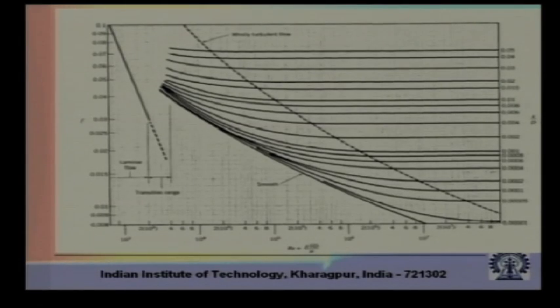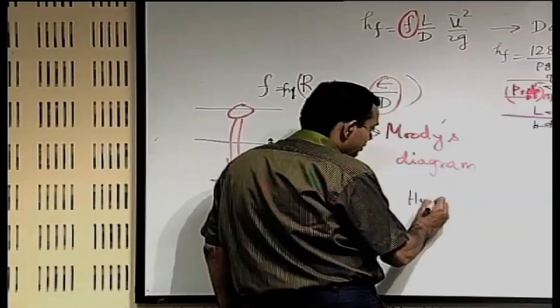For a hydraulically smooth pipe, the friction factor is dependent only on the Reynolds number. Because it is hydraulically smooth, it is not a function of the wall roughness. For a range of Reynolds number between, say, 4000 to the order of 10 to the power 5, this friction factor for a hydraulically smooth pipe is given by